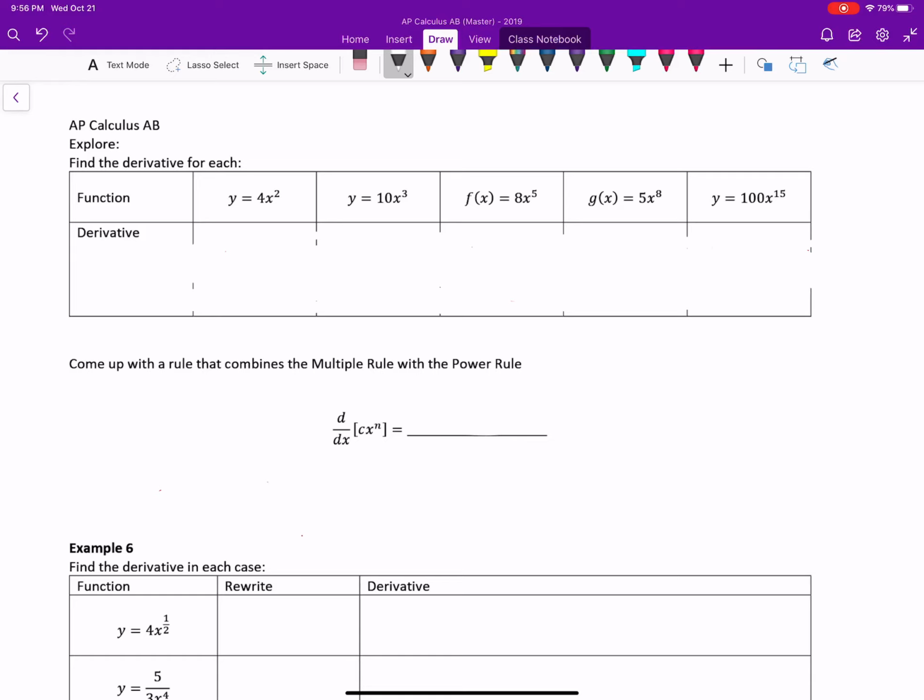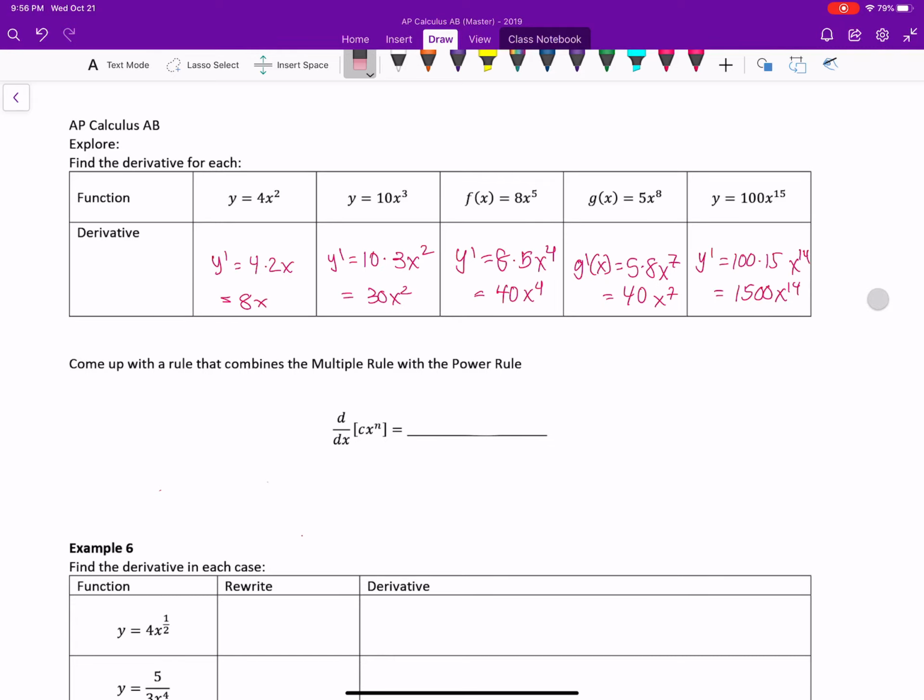So if we looked at what I'm hoping here, when you took the derivative, I want you to pause the video and then go and do these right now. Take the derivative. Here's what I hope you were getting here. Now, after you look at these, if there's a quick way to get it, I mentioned it in the last